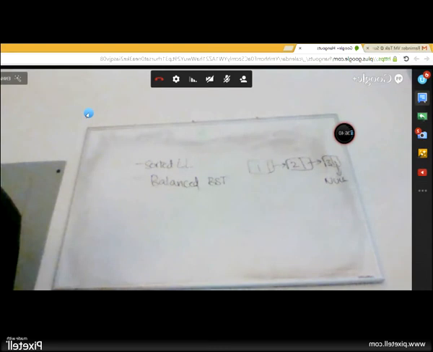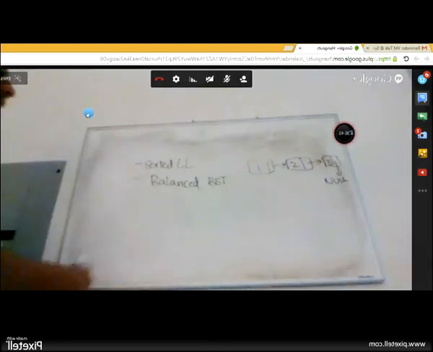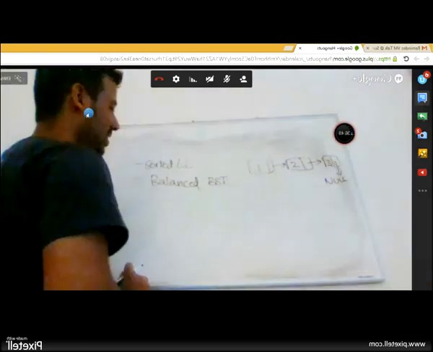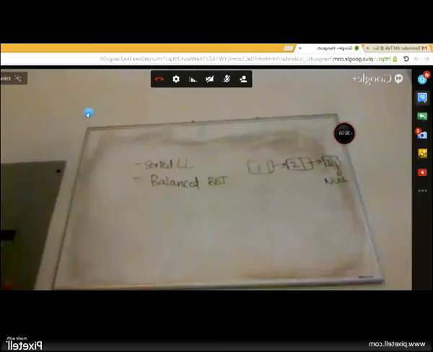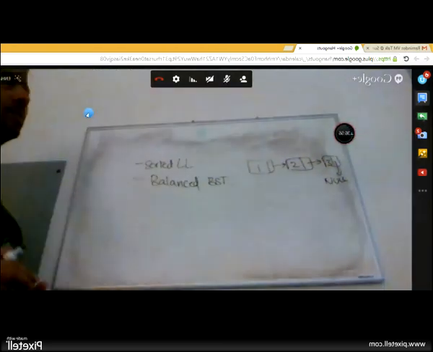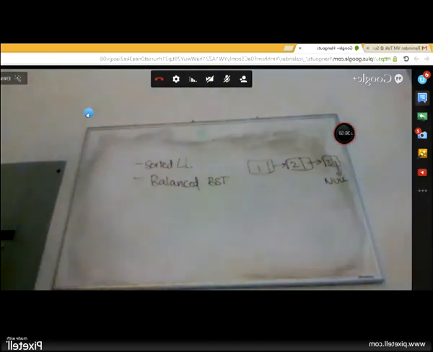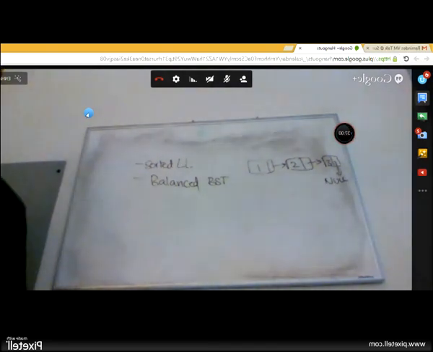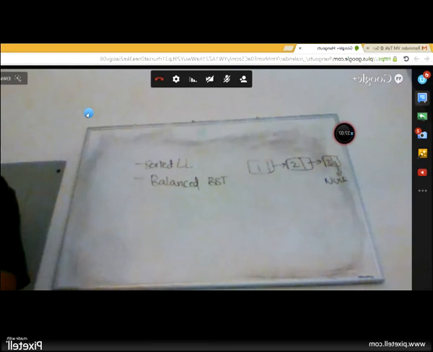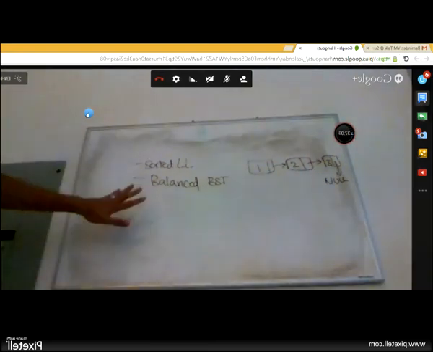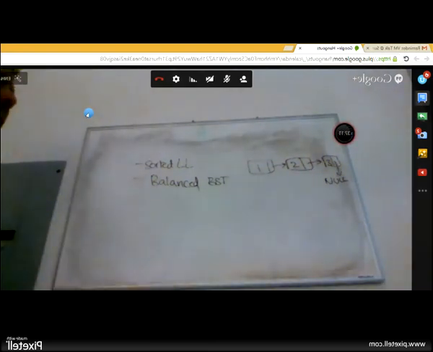So it should be n log n. Chaitra says it's n log n. Okay. It could be n log n, but the formula itself didn't look like n square. But Rakesh had an interesting point. So I'll definitely read about it. If you guys can figure it out faster than me, then shoot me an email. Is there a way I can get it down to n? It's either n square or n log n based on what we've already talked about. But is there a way I can bring it down to n?